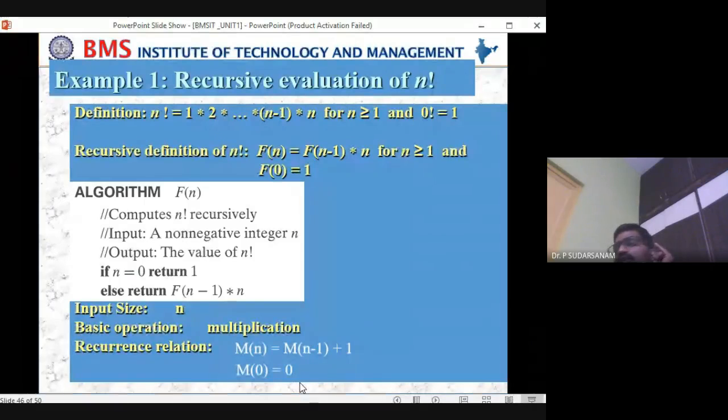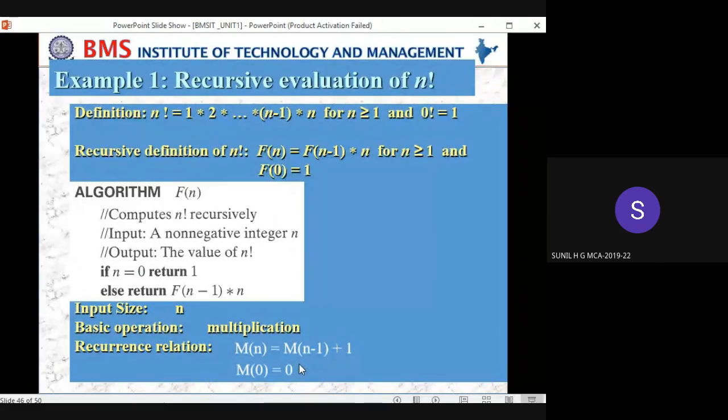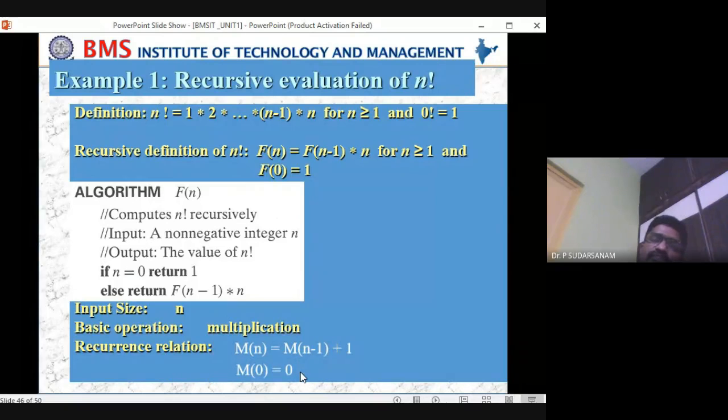For mathematical proving purposes, in some cases I used to say 1 also. If you write 1 here, I'll tell you how to write it in the end. If you write 0, the equations will be very easy to solve. So write m of 0 is equal to 0 only. Multiplications of 0 is equal to 0. So the initial value is m of 0 is equal to 0. M of n is equal to m of n minus 1. Wherever you have f, you put m of n minus 1 and a 1 constant. That's it.